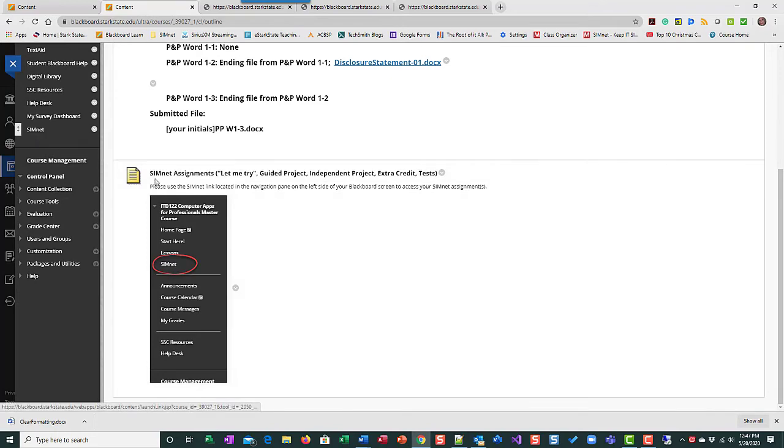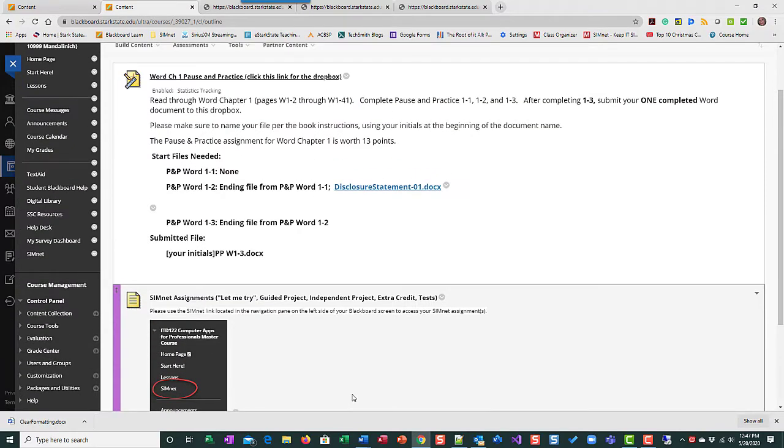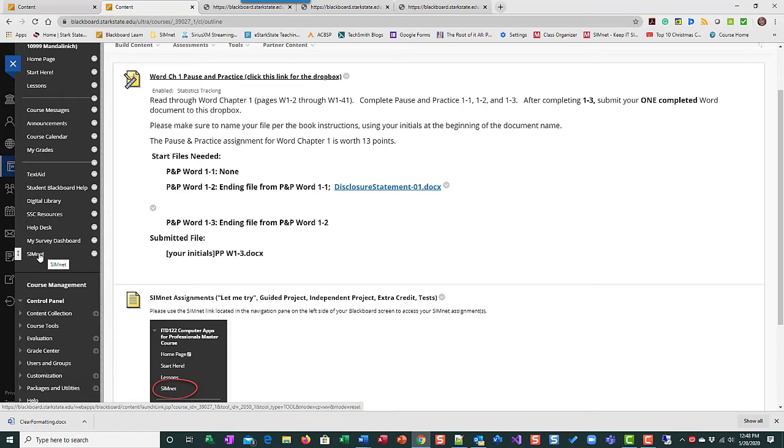And I'm going to go to SimNet because I have my account and already have it single sign-on and the gradebook synced. The first time you do this, it's not going to appear like it is now. So understand that you have a little process you have to go through before you get to what I'm getting to right now. So SimNet